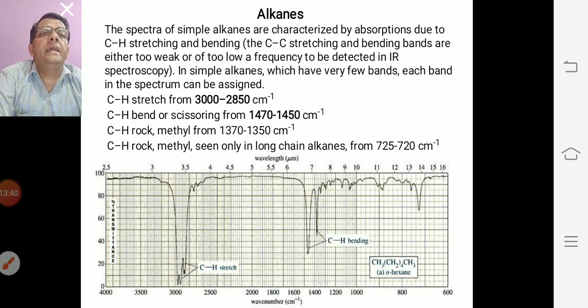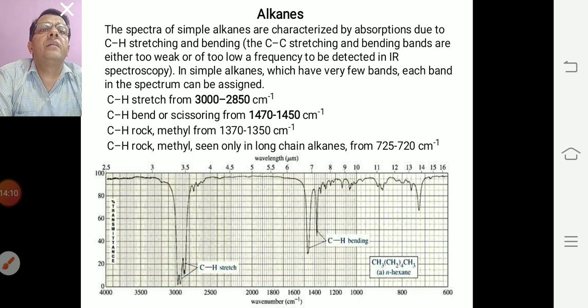In simple alkanes, which have very few bands, each band in the spectrum can be assigned: CH stretch from 3000 to 2850 per centimeter. Again, this is before 3000, and CH bend or scissoring from 1470 to 1450 per centimeter, and